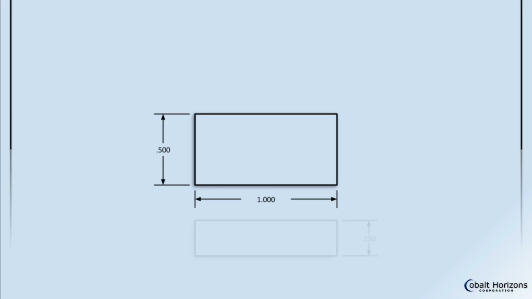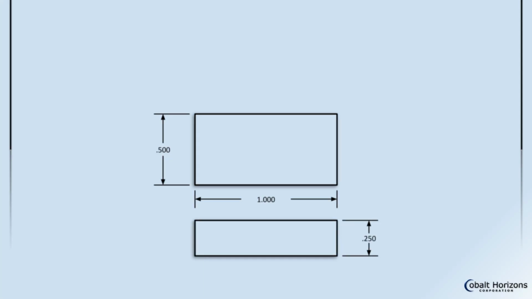Let's say we're designing a simple aluminum block 1 inch long, half an inch wide, and a 1/4 inch thick. Now, my machinist is very good, but she can't make perfect parts, so we have to give her some allowance. We need to define the allowable variation for each dimension. We'll use length and width tolerances of ±15 thousandths of an inch, which are reasonable for a machined aluminum block